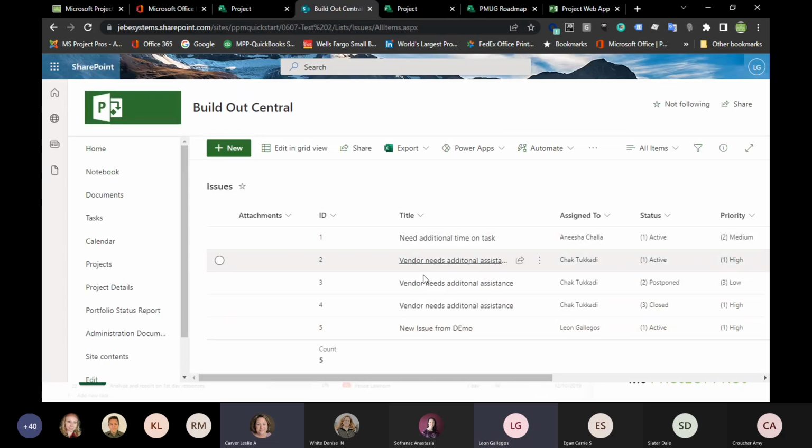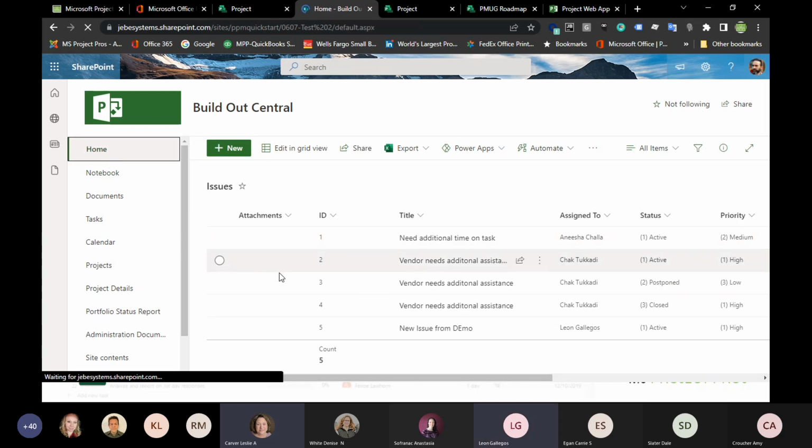So you can see there's a number of issues that are in this particular project. These issues can also be tied back to the task. So we can make a connection between the two. And visually, you would see it while you're looking at that previous view being the project center. You would be able to say, oh, hey, there's an actual issue related to a project and it's related to this task. So that connectivity works really well there.